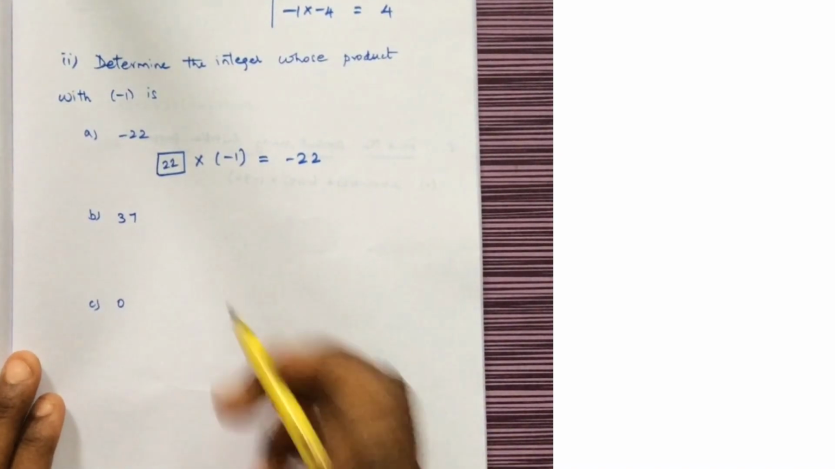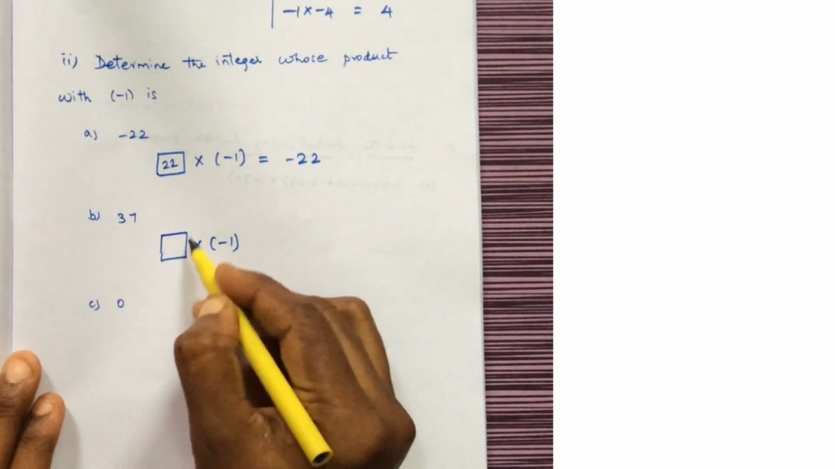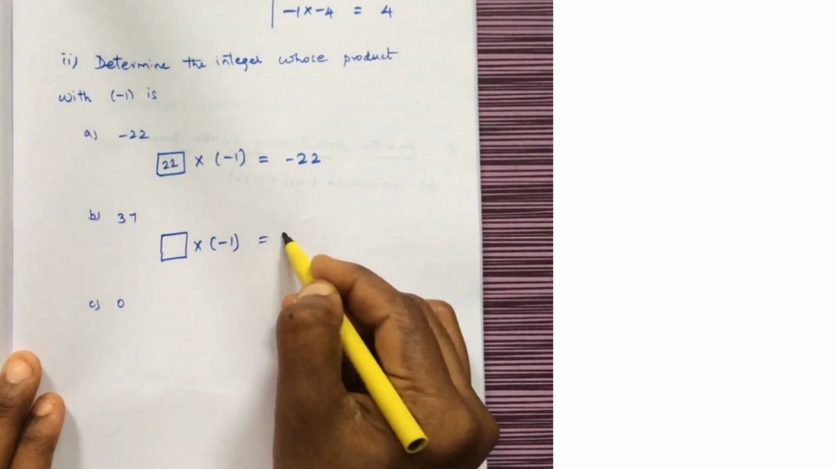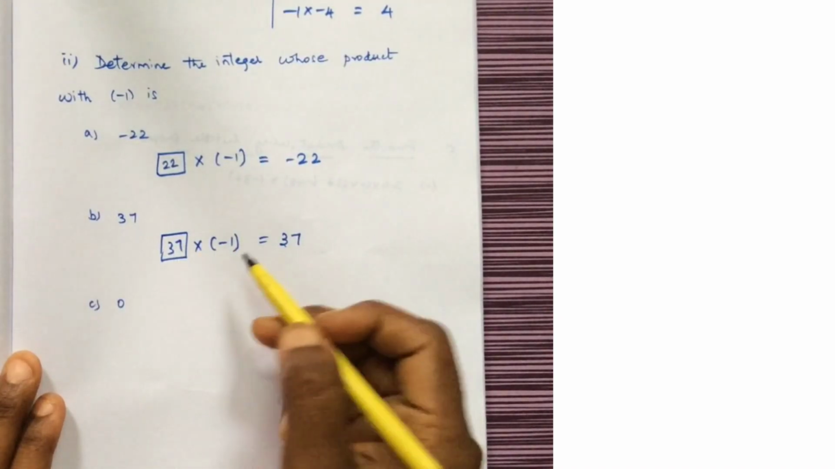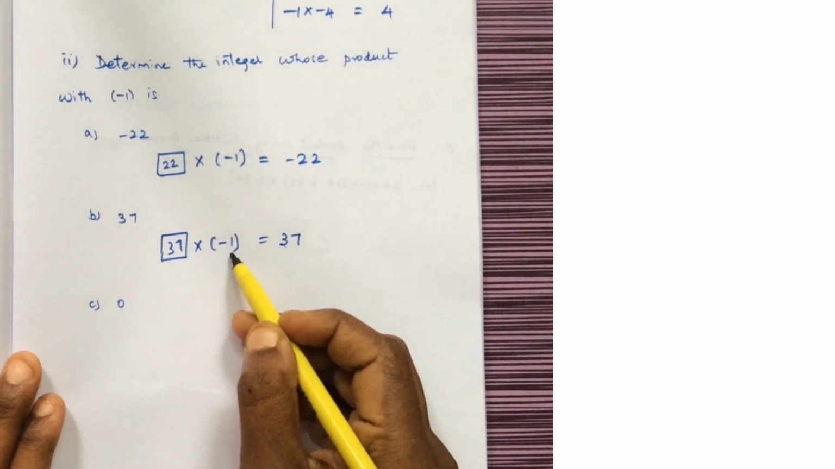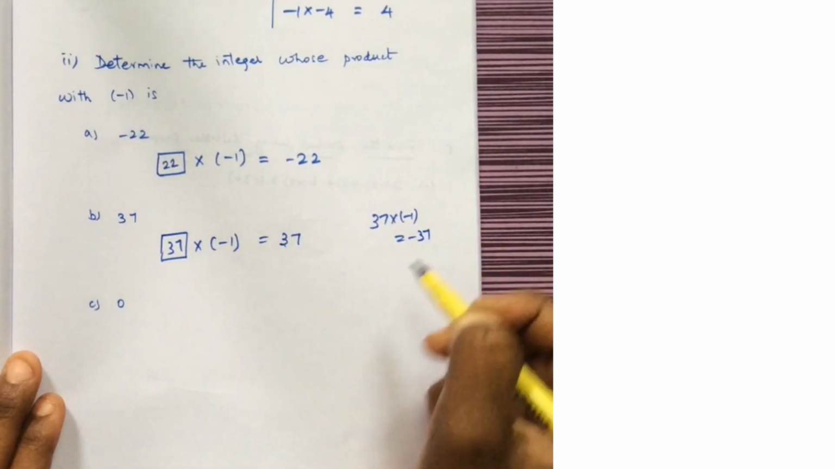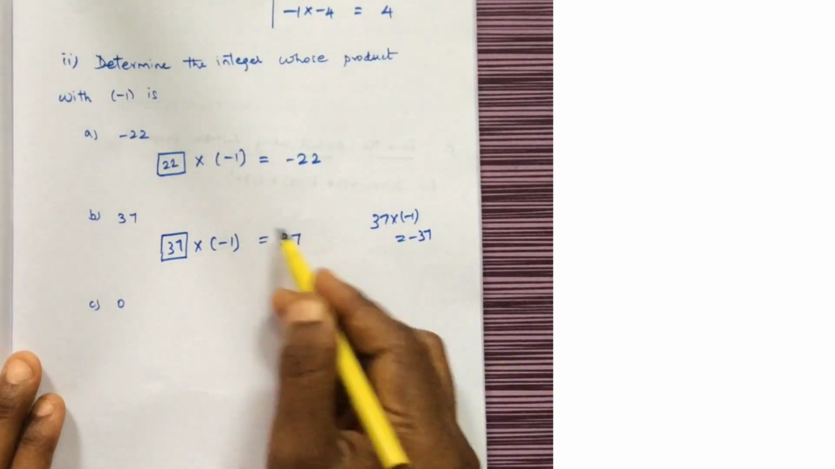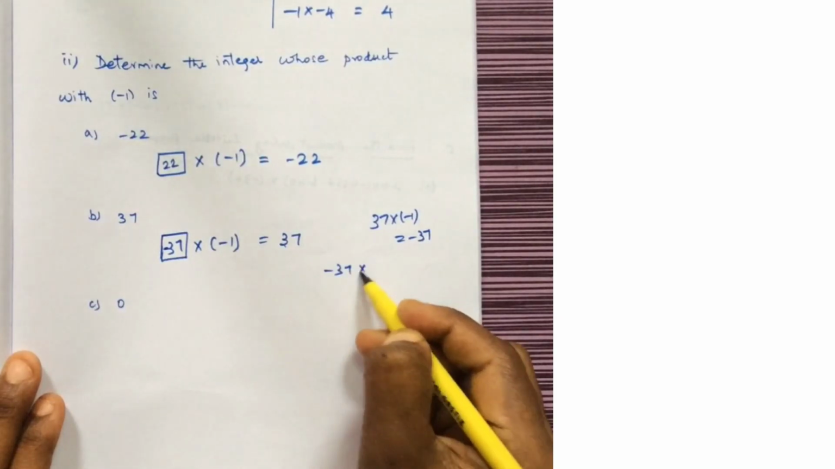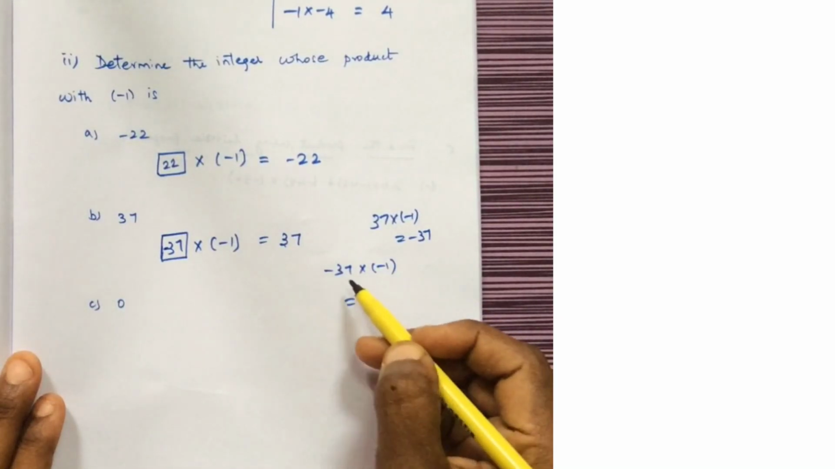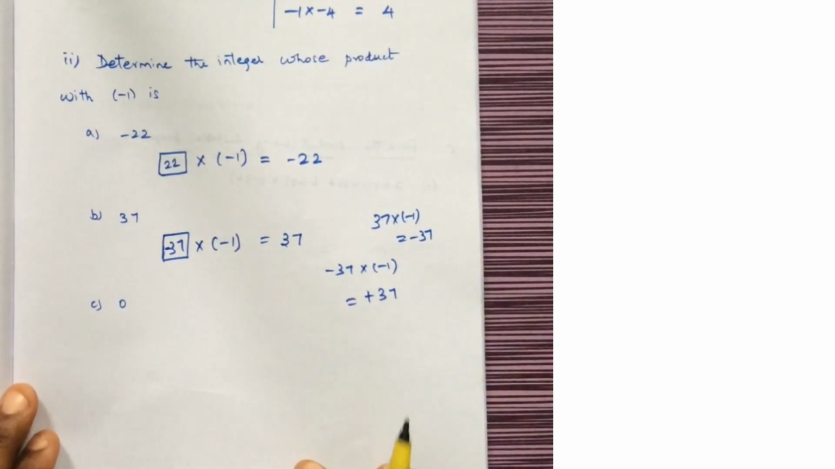The next one is, I have to determine an integer whose product with minus 1, when you multiply that integer with minus 1, the answer is 37. So it should be 37. But here, 37 multiplied by minus 1 is minus 37. Okay, but here it is positive. So what I have to do? I have to put a negative sign here. So minus 37 multiplied by minus 1. 37 ones are 37, minus into minus is plus. Okay, the last is,